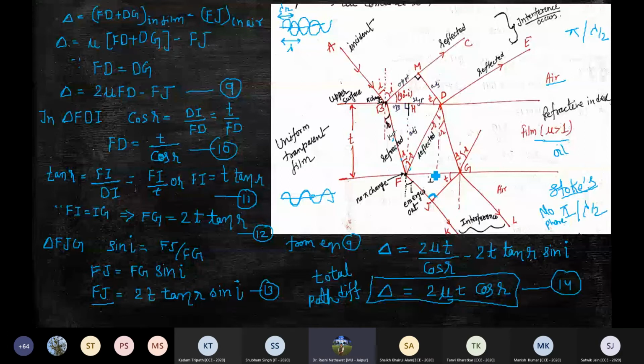So if both the rays are coming from the media only, look, Fk is not coming from the air, it is coming from the same media, say oil, and GL is also coming from the oil. Both are coming from the same media, so there will not be any path difference. This is Stokes law, a conventional law. We cannot argue with this, asking why this and why not that, but it's a law. There are some conventional laws that we need to follow.